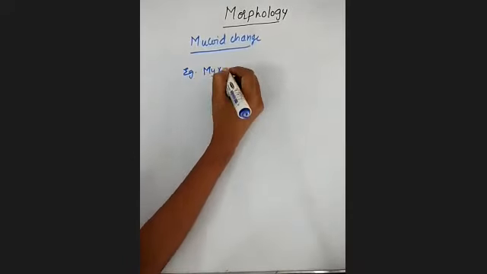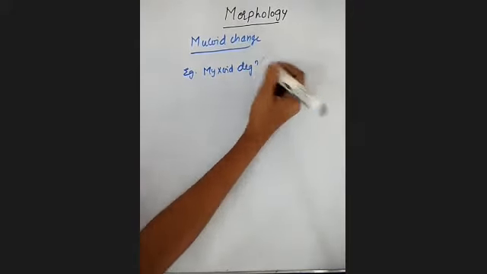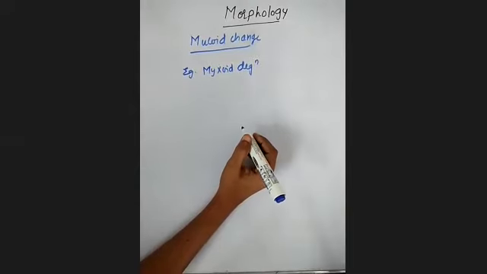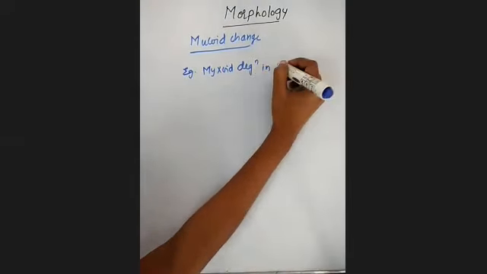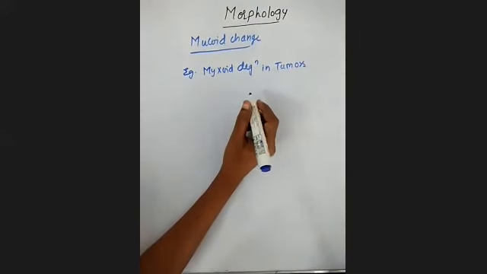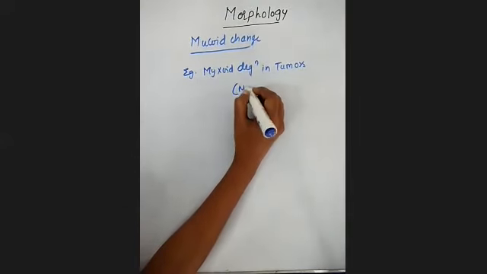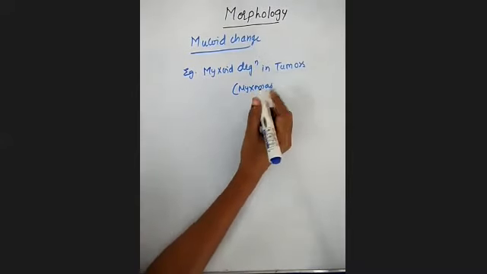I already told you what is meant by myxoid: the mucin secreted from the connective tissue you will call myxoid. This is observed in tumors, which you will call myxomas, neurofibromas,